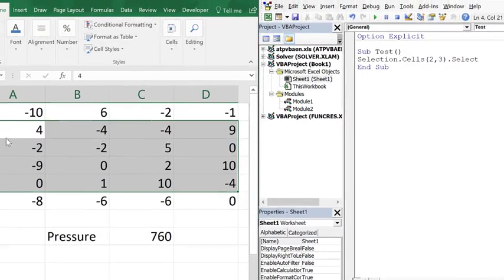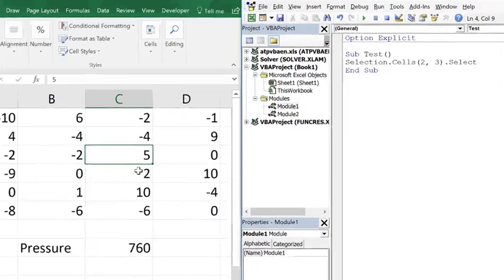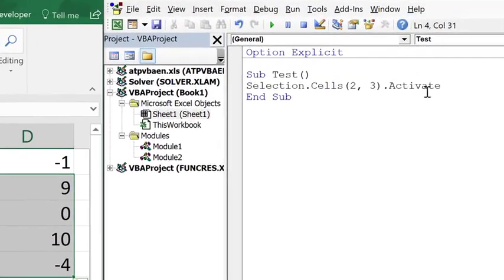Selection.cells 2 comma 3 would be cells row 2 column 3, so that's this 5, and then I'm going to select that. So look what happens when I run this. It selects that. So that's the new selection. But when I replace it with activate,